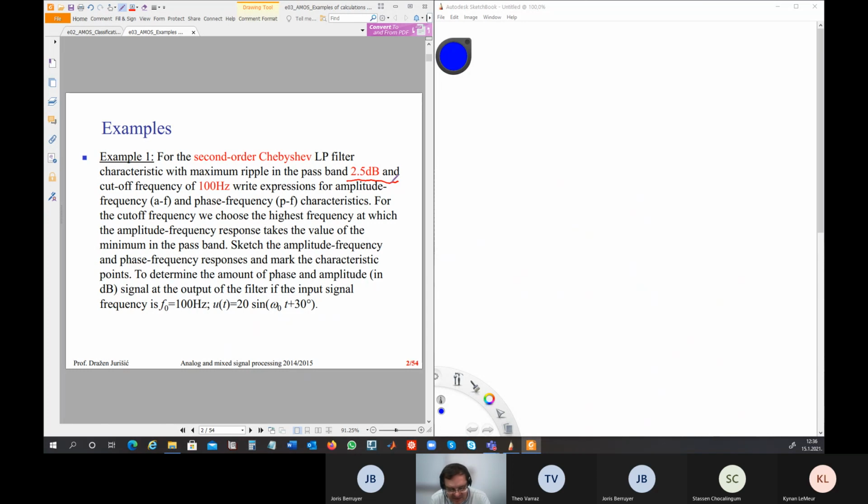For the cutoff frequency, we choose the highest frequency at which the amplitude frequency response takes the value of the minimum in the passband. Sketch the amplitude frequency and phase frequency responses and mark the characteristic points. Determine the amount of phase and amplitude in decibels of the signal at the output of the filter if the signal frequency is 100 Hz. So if you put in the signal, determine the amount of phase and amplitude at the output of the filter. Okay, so this is one example of the exam